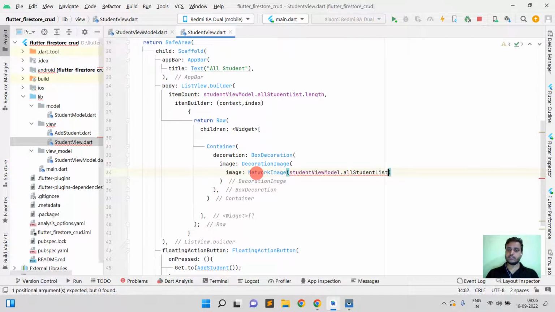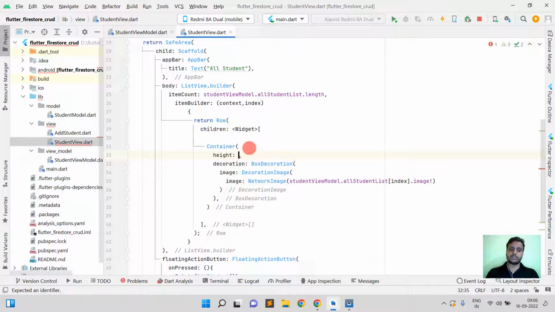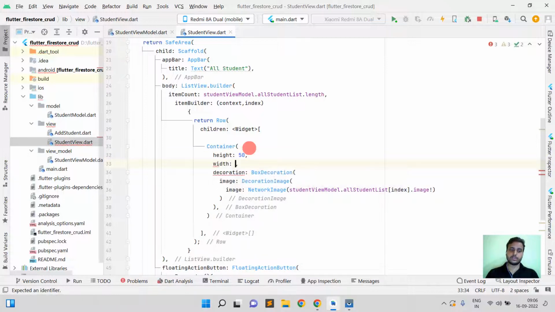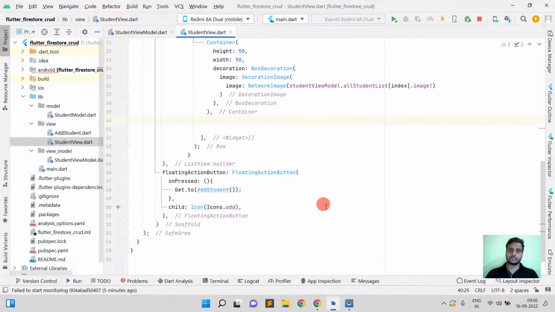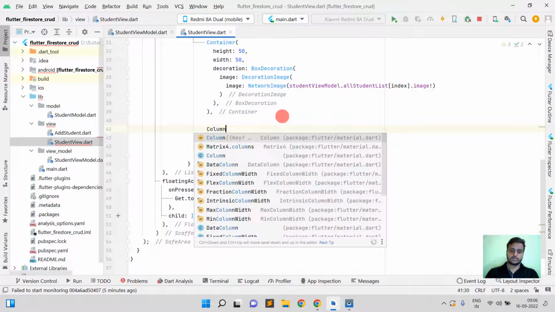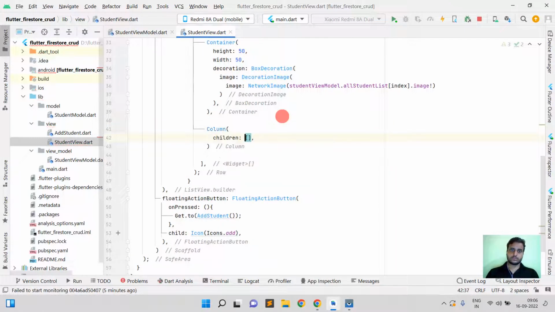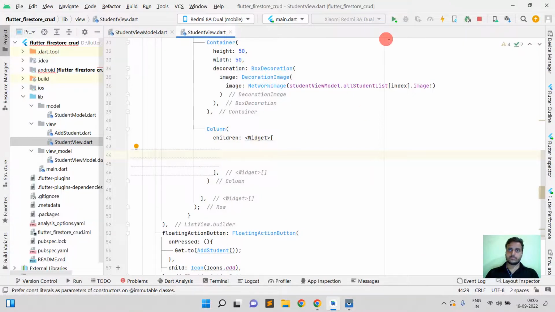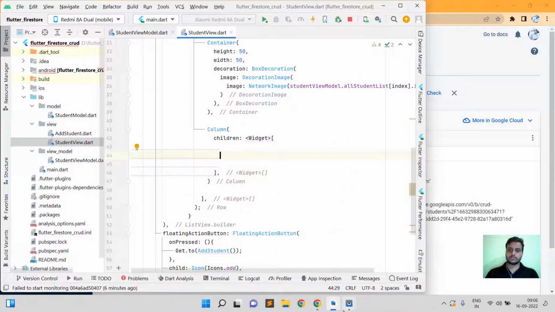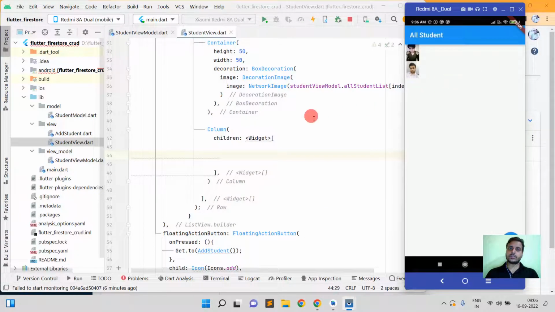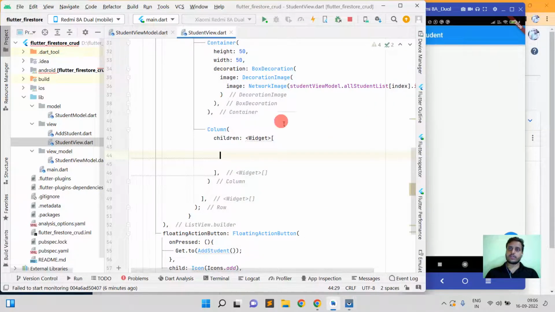Inside network image I'll use this, and then index dot image, and the height will be 50 and the width will be 50. So you can see our data is coming here. Now